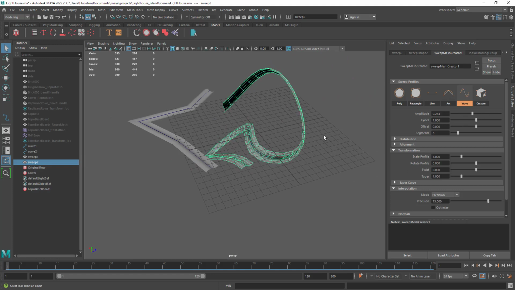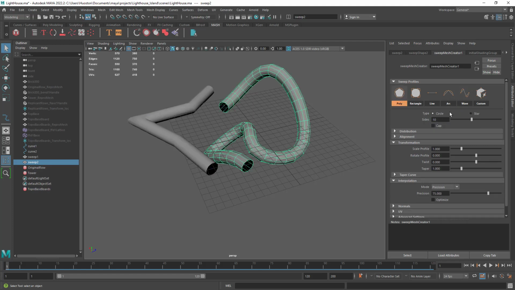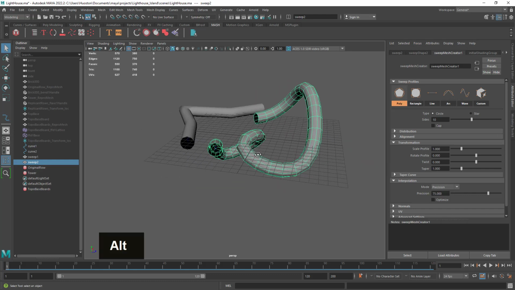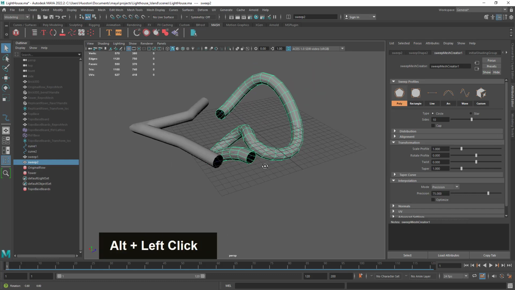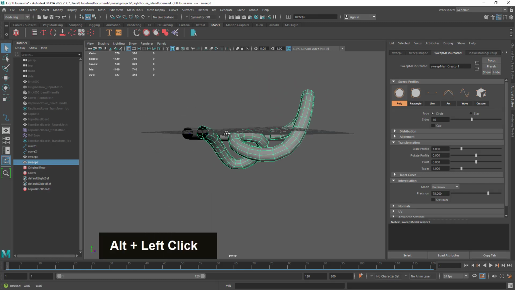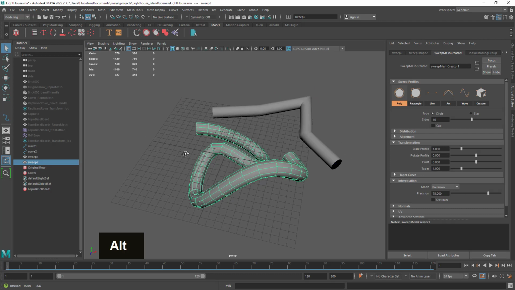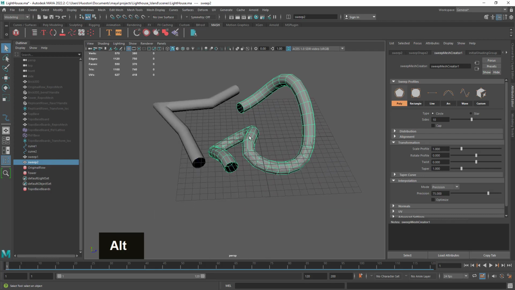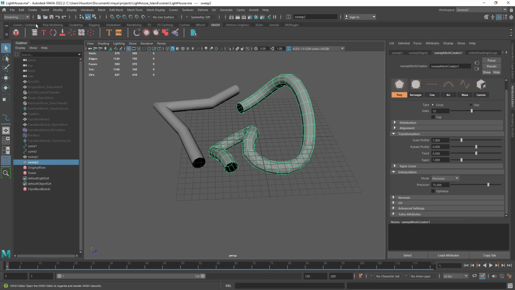I have a bunch of settings here that I can change depending on the profile that I select, and I can even have a custom profile. I can draw a custom profile and use it with this tool. So the power of this tool is absolutely amazing, tremendous. I like very much this addition to Maya